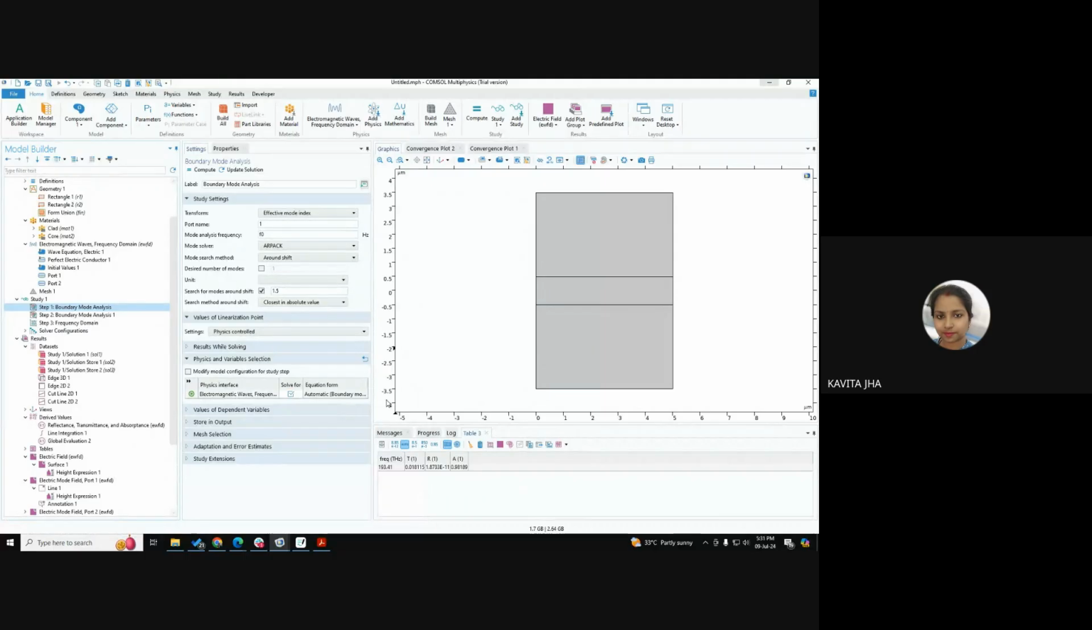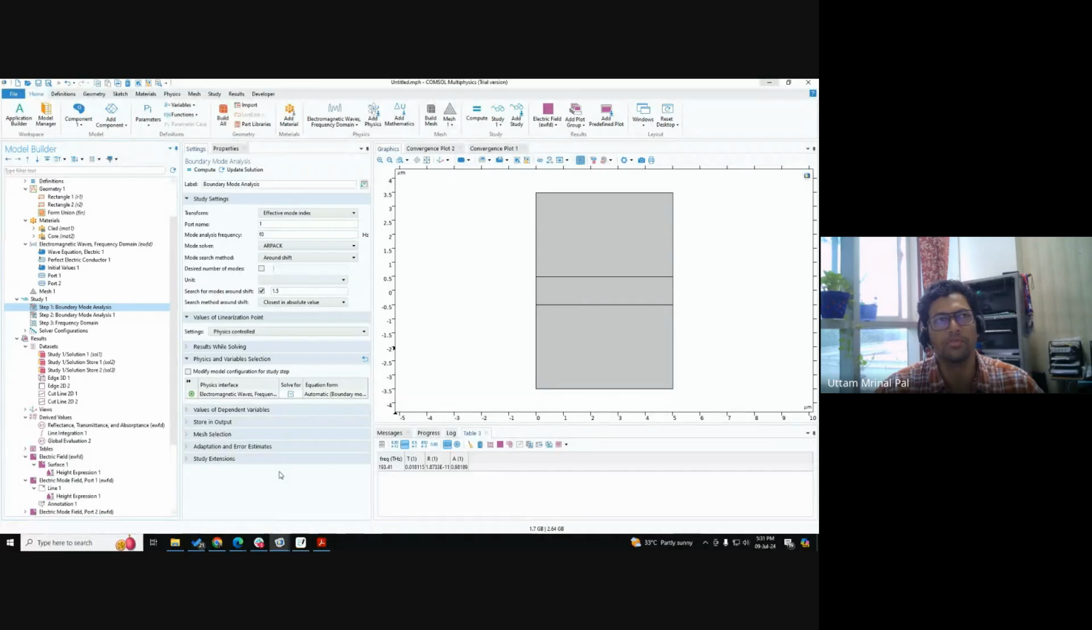Then the answers are different, and there is no explanation about why it is happening. No, so what happens is because you are doing eigenfrequency analysis. These are all things